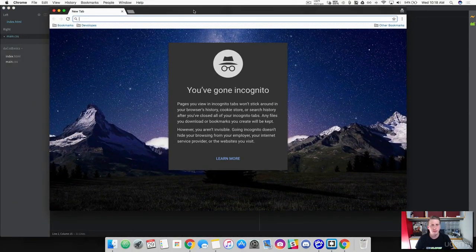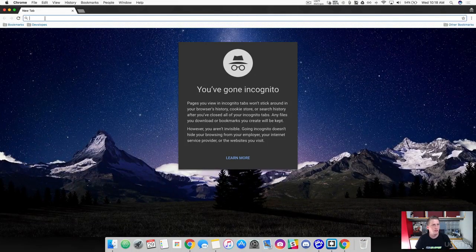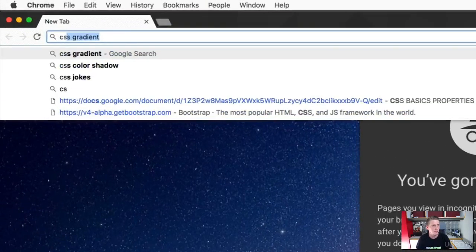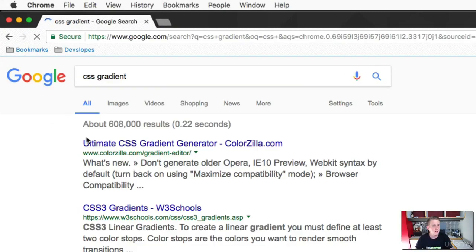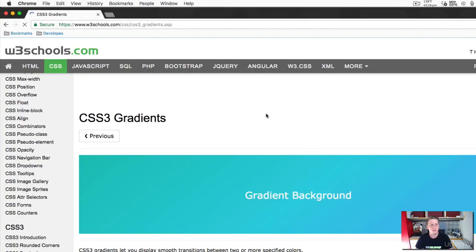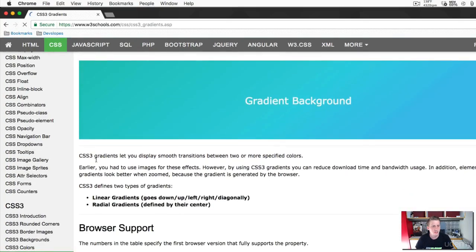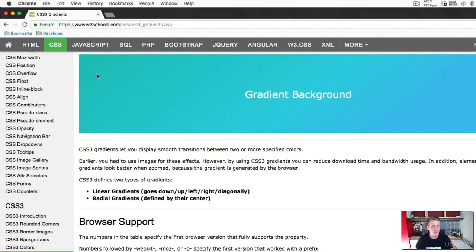And we're going to dive in a little bit deeper and have a better understanding of CSS gradients. So go ahead and type in CSS gradient. And then let's come to W3 Schools here. All right, so it says here that CSS3 gradients let you display smooth transitions between two or more specified colors, all right? And you can see here in their example, they kind of got this greenish blue over to a